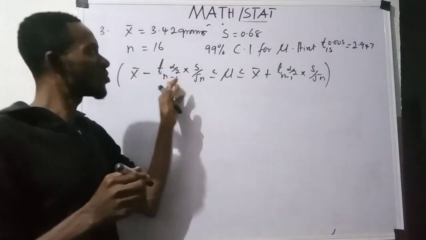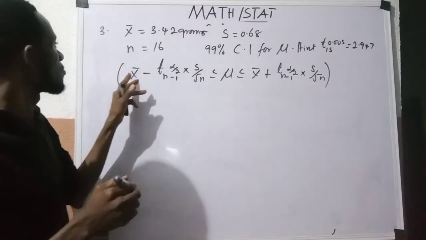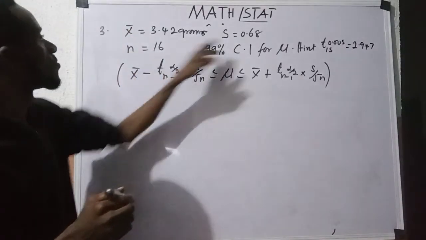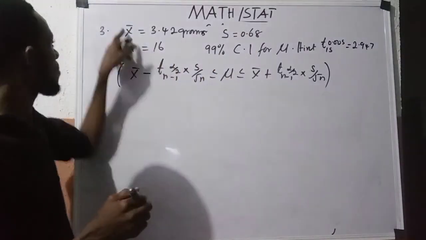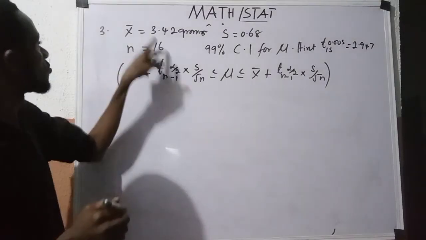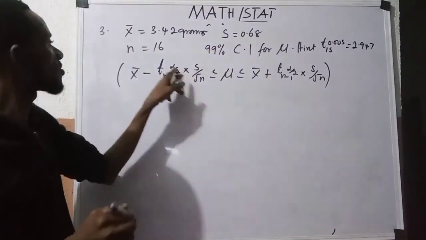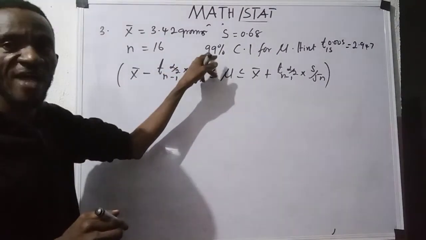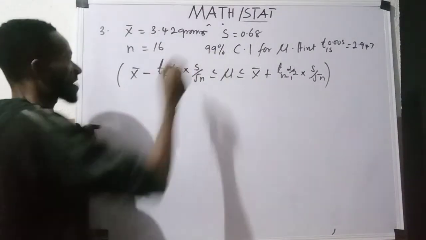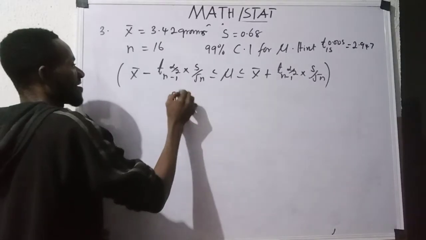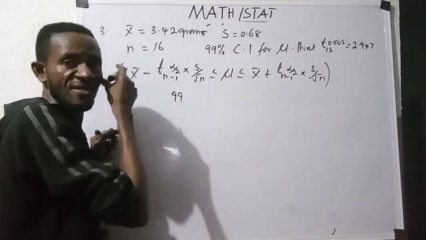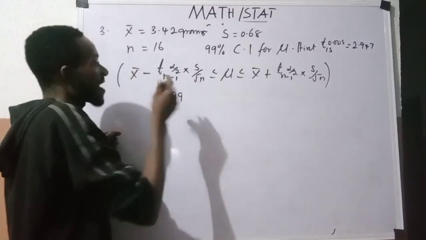So here, what you do is this. You know what your x bar is, you know what your n is to be 16, you know what your s is to be this. But you don't know alpha. You try and do what I've been doing before. So you just have this to be 99. Okay? So you now have this is